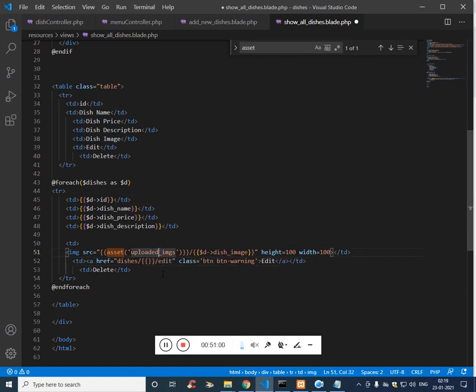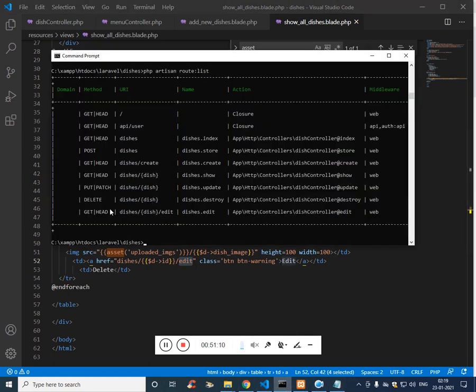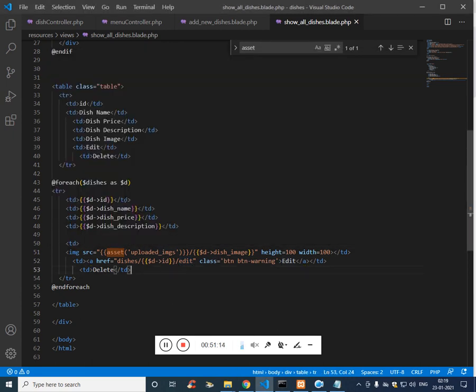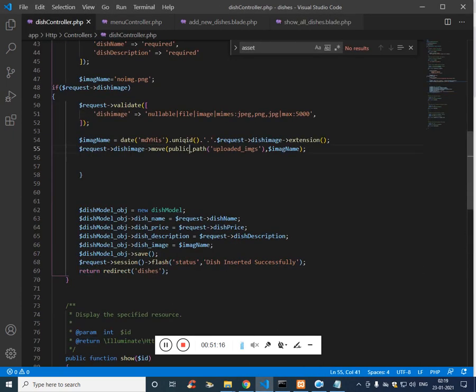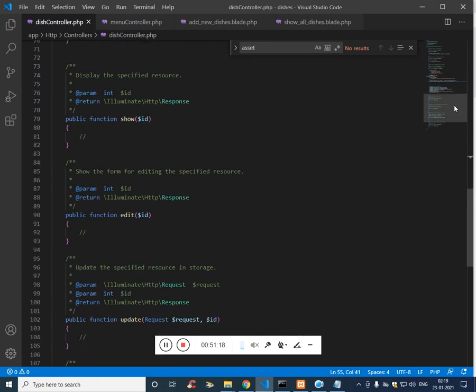So the id here is this one, and the corresponding function is definitely the edit. Where is the edit? Corresponding function is edit. On the controller we have edit, here it is. And now